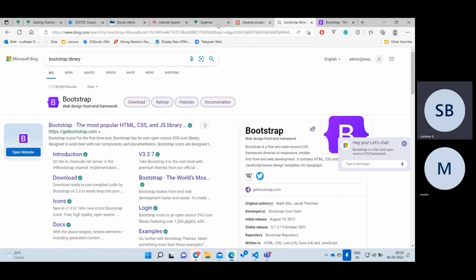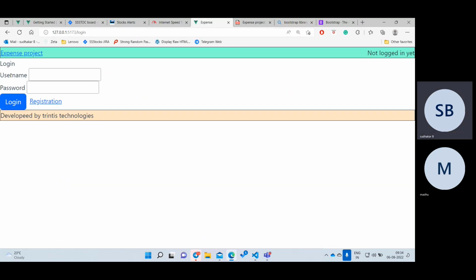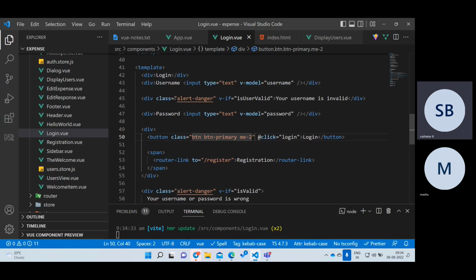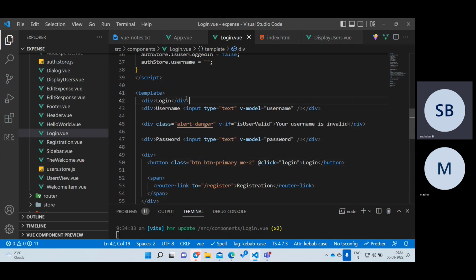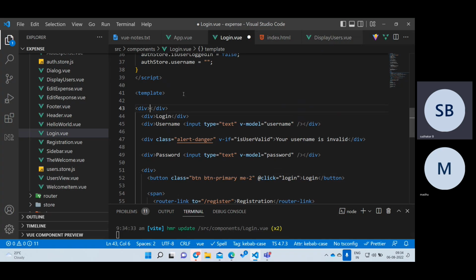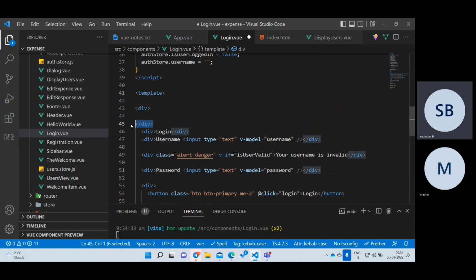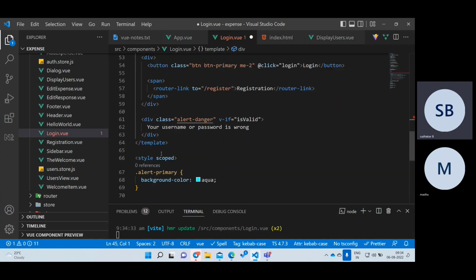So let us see what will happen, whether this will work or not. Okay. Now I want to add a border for this form. Let us do this. I want to write a border for my entire form. Write one div. What can I make it? I can make this div inside the